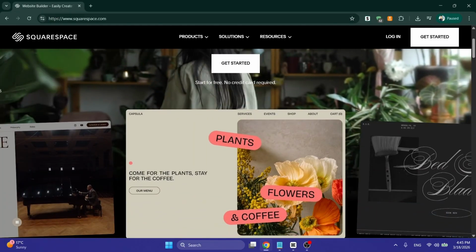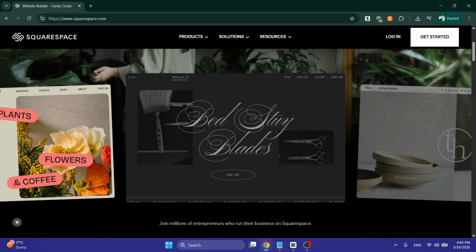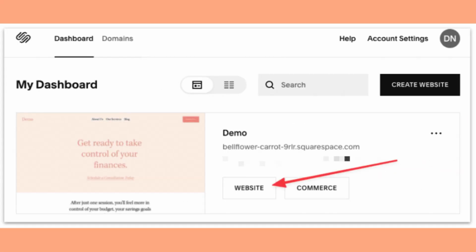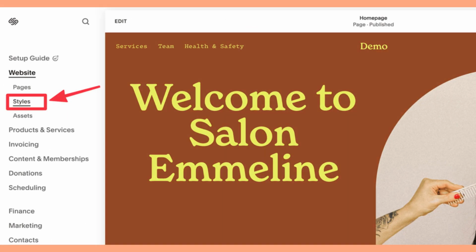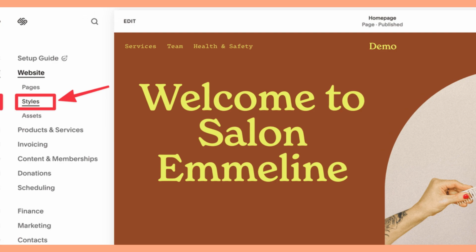Here's a quick plot twist. If you're on Squarespace 7.1, you actually can't switch your template like you could in older versions. I know that sounds a bit frustrating if you want a fresh start, but don't worry. Squarespace completely changed how their platform works, and every single 7.1 site now runs on the exact same master template engine. Instead of starting a brand new website from scratch, you can completely overhaul your entire design just by changing